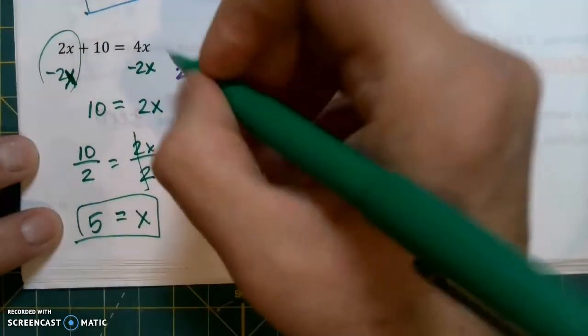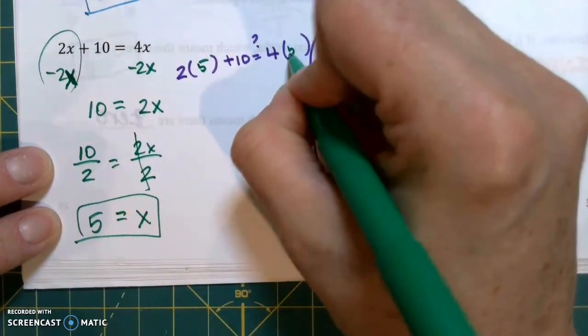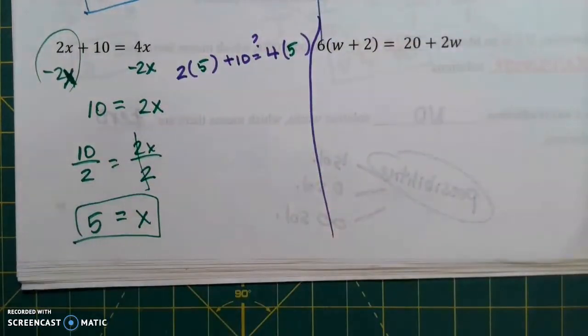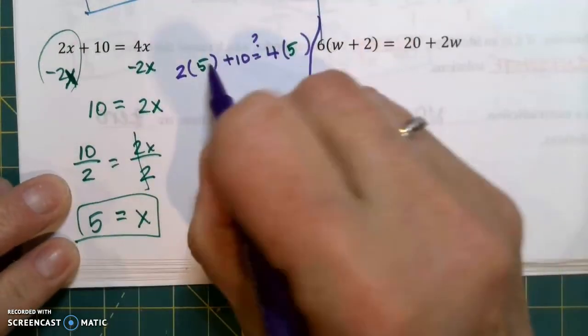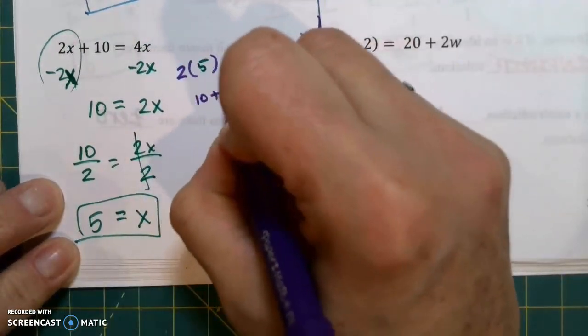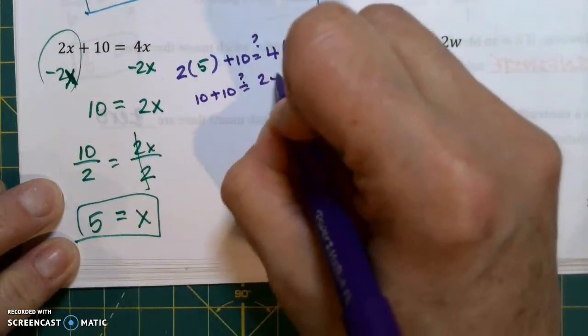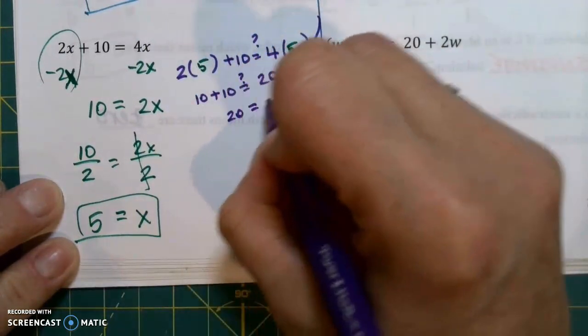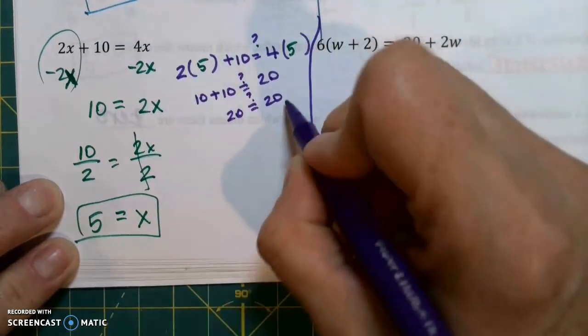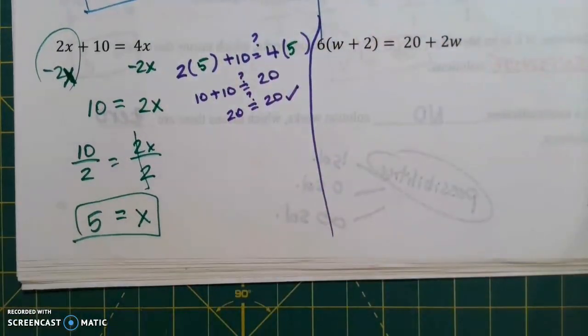And we plug that 5 in wherever we had an x. And we do the order of operations to see what we get. So on the left here, we would get 10 plus 10. And will that equal 20? So 20, is that equal to 20? It is, so that is a